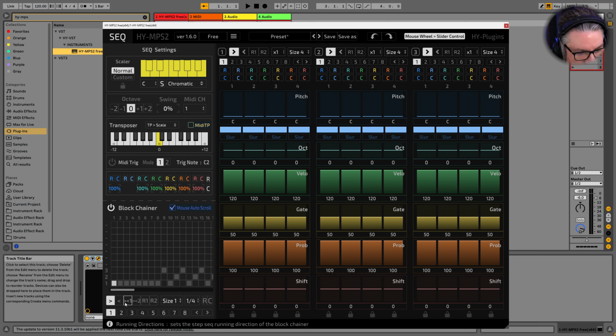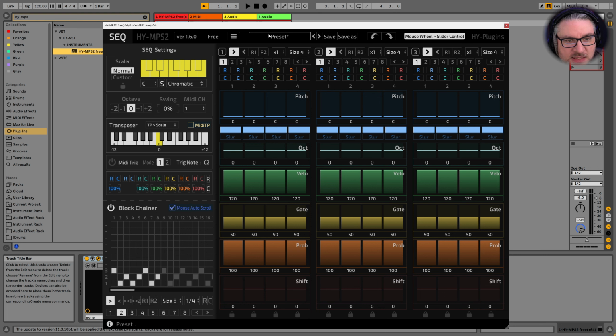All right, and we have forward, backward, random, and so on. And then you have your snapshots for your blockchainer. So you can have multiples here. And what does this do? Rotates the steps. So if we do on 2, like this, it's going to rotate between the start and the end. And then you have here your time division. All right, so far so good. This is pretty cut and dry.